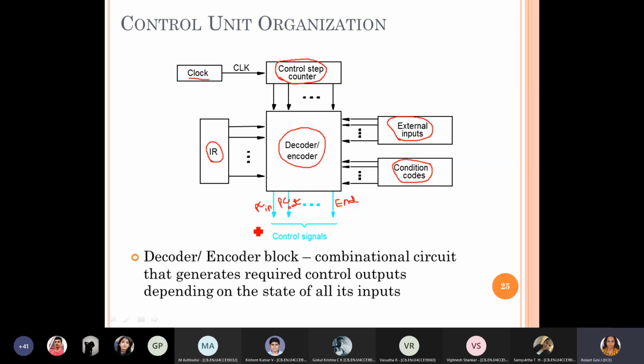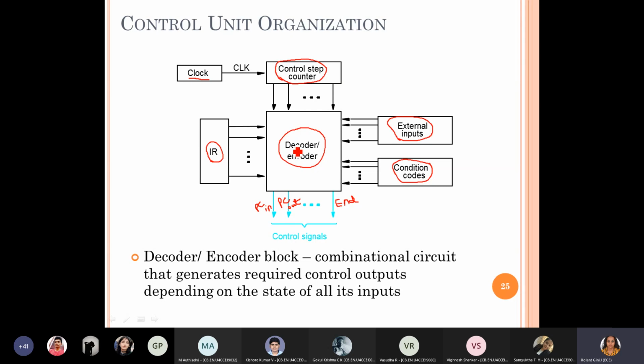So like I told you, it's just the combinational circuit that generates the control signal. We know that these are the outputs that need to be enabled at what time, and these are the inputs, and based on those input statuses, what output needs to be enabled. So what we have in the control circuit is the combinational logic to achieve the same thing, right? You can write a truth table for any of these control signals for when it's supposed to be 1 and when it's supposed to be 0. For example, if we take 1 as the enable or active and 0 as the disable or inactive, okay.